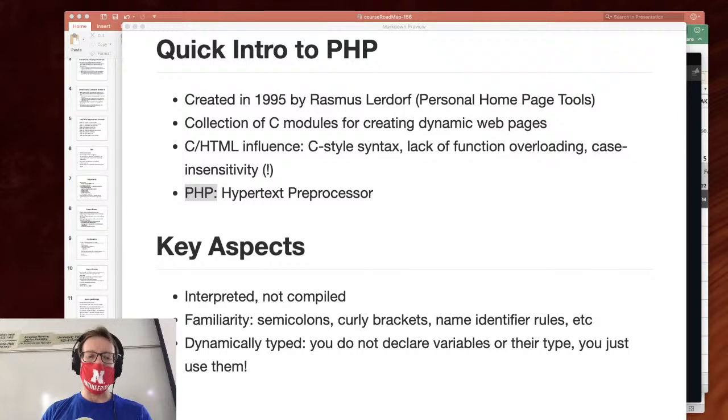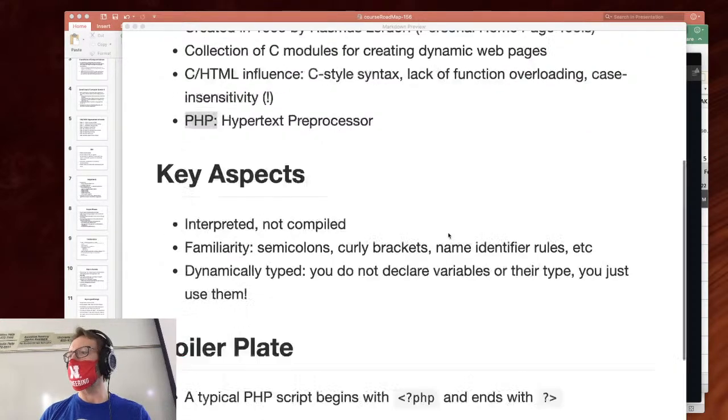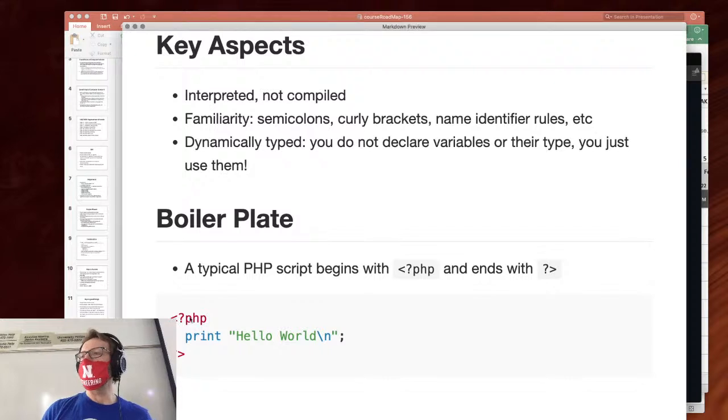So, boilerplate stuff. Here's your Hello World program from yesterday. This is a PHP directive. The less than question mark PHP says start PHP mode. Anything in here should be interpreted as PHP. Because the original purpose of PHP was to use it in HTML, you can actually interleave this stuff. So here's another full example right here,